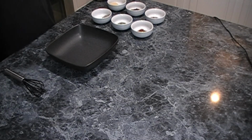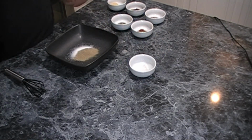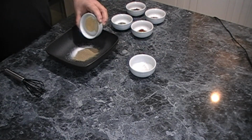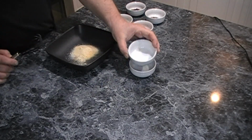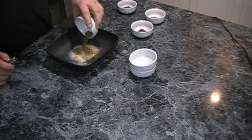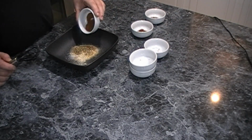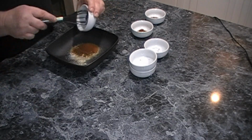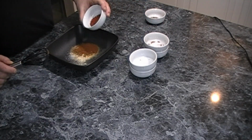So the first thing we need to do is get our seasoning blend together, our Cajun seasoning. So to a bowl we're going to add some salt and pepper, garlic powder and onion powder, some Italian seasoning, some paprika, and some cayenne,